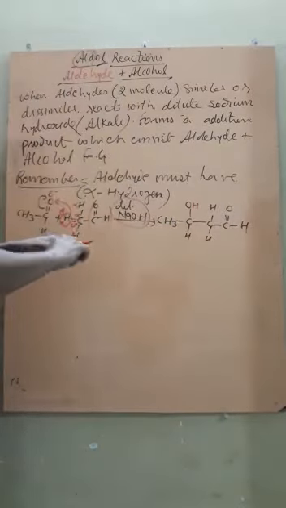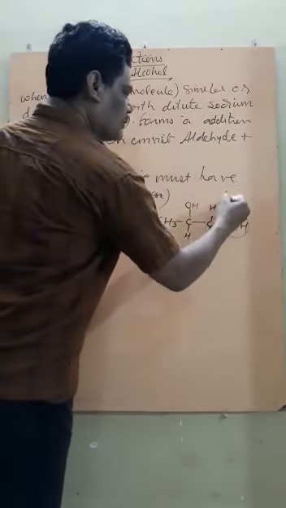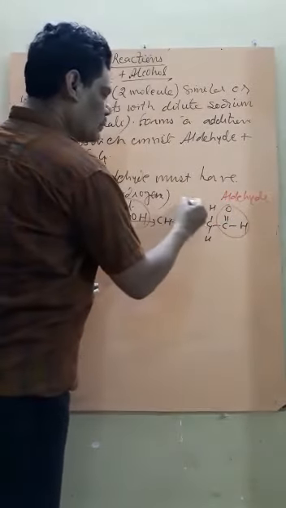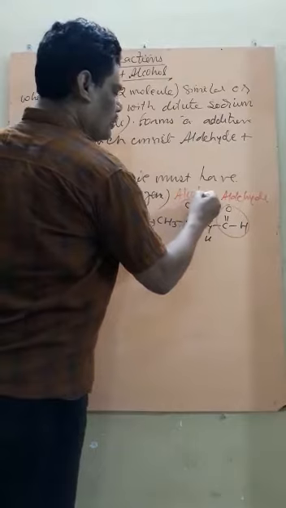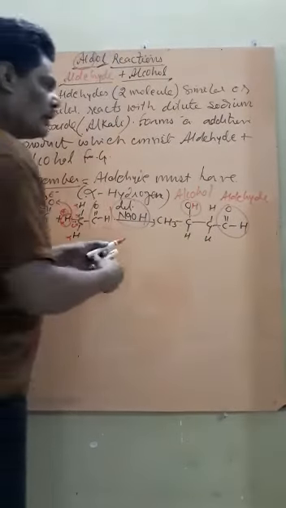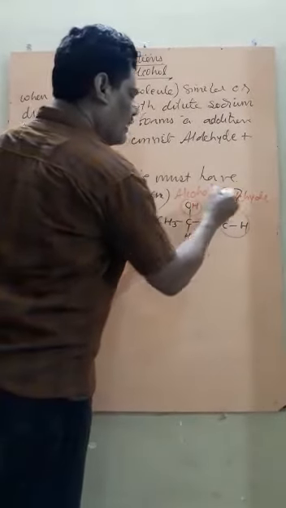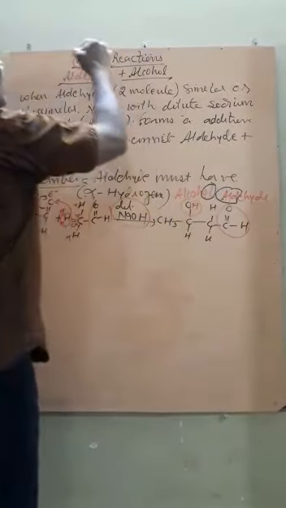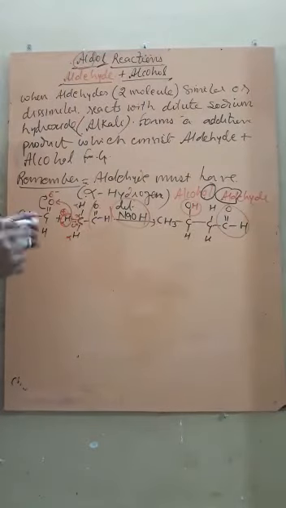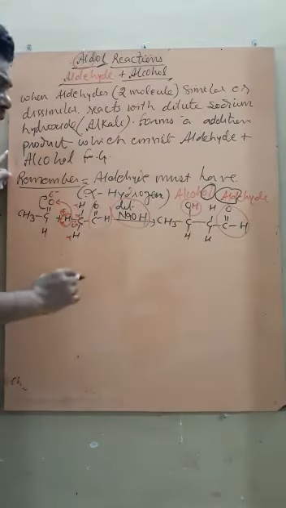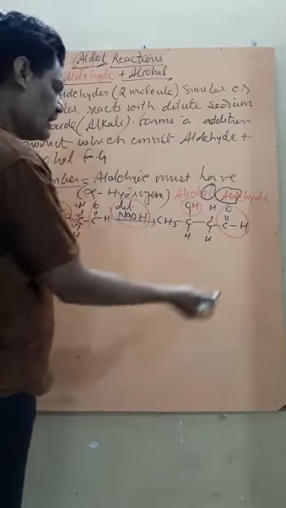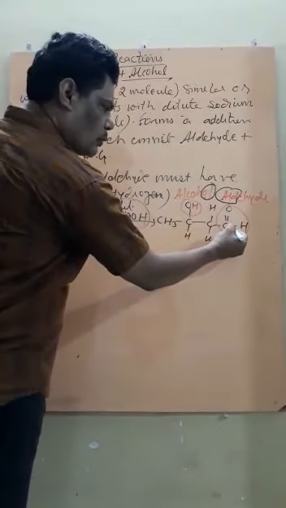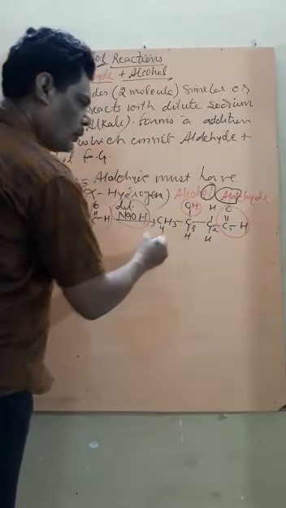So in this compound you can see there is an aldehyde functional group as well as an alcohol functional group. From aldehyde you pick up ald, and from alcohol you pick up ol. So ald plus ol becomes aldol. So this reaction is called aldol reaction. This is simply an addition reaction in presence of dilute NaOH. What is the IUPAC name? So this is 1, 2, 3, 4. That is what?